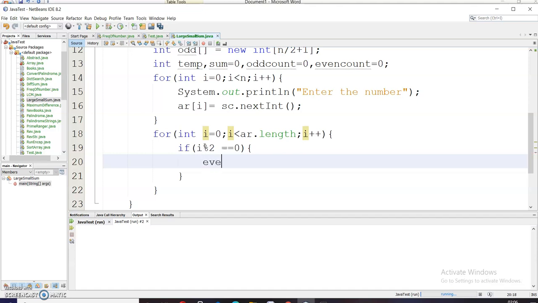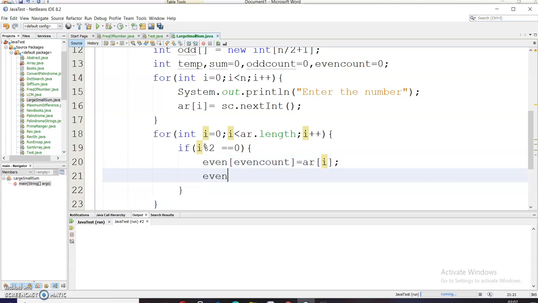So even[evenCount], and initially my evenCount value is 0, so it will go at the 0th index, and it will store array[i], and I will increment the evenCount.